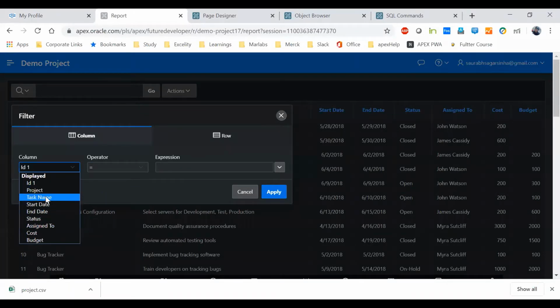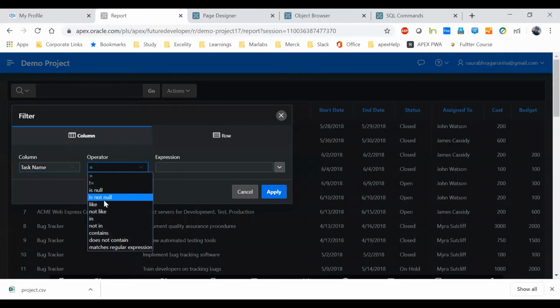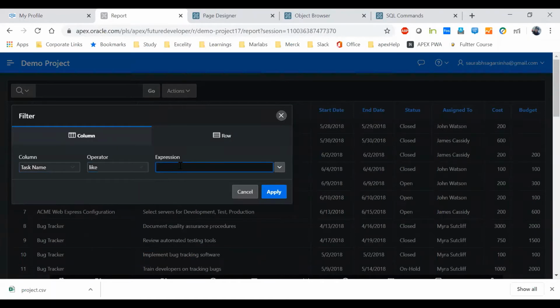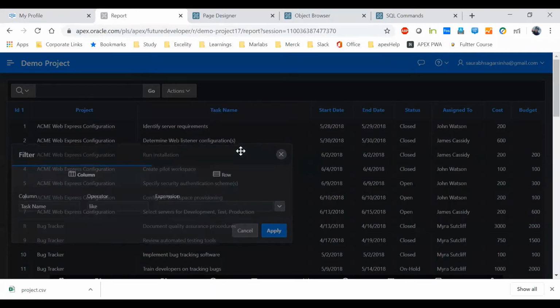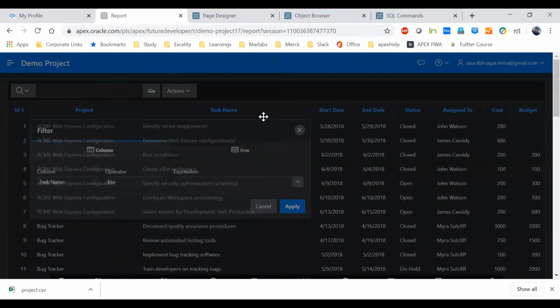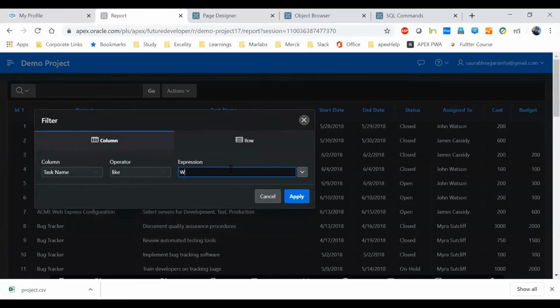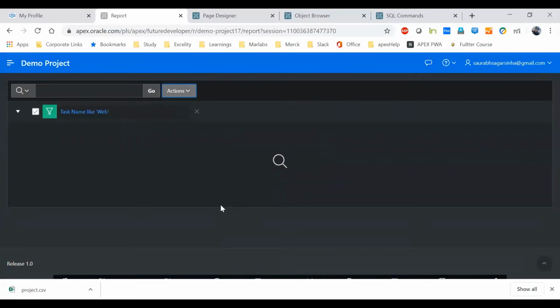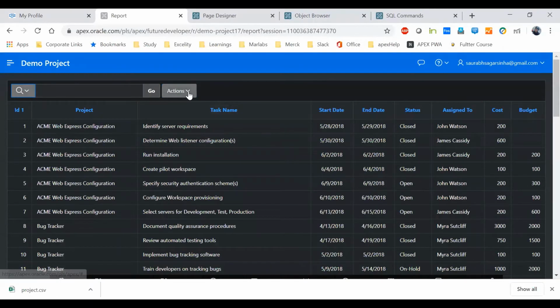Let's say I select task name and say like, something like web, W-E-B, and I apply it. Nothing has come because somewhere it is not matching. So this is what you can do.